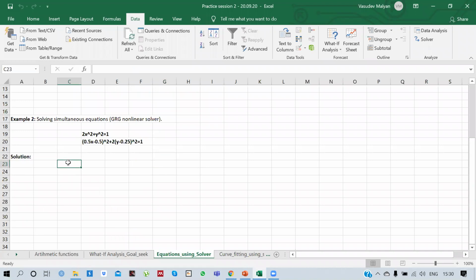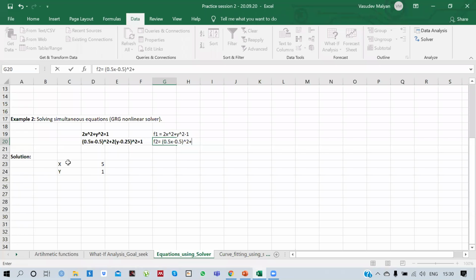So similarly, if I take x and y, let's say again we take 5 and 1, and now my function 1 in this case will be 2x square plus y square minus 1, and function 2 will be (0.5x minus 0.5) square plus 2 times (y minus 0.25) square minus 1.